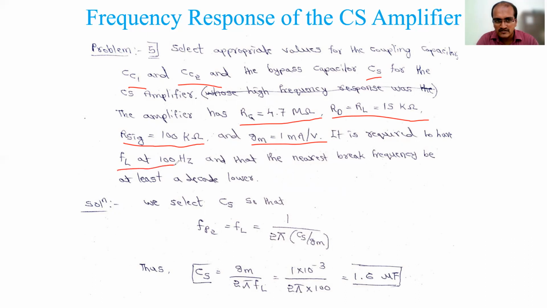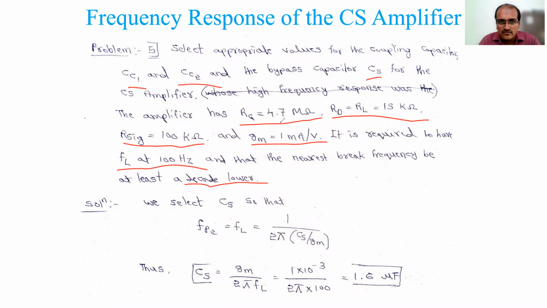So the new thing is the frequency part will come here in the capacitor, and at this frequency you need to calculate the values of the capacitors, and the nearest break frequency should be at least a decade lower. Decade means 10 times. Okay, so you can consider that and determine the value. Very simple, we just need to use the three frequency formulas I gave you yesterday. That formula we are using.